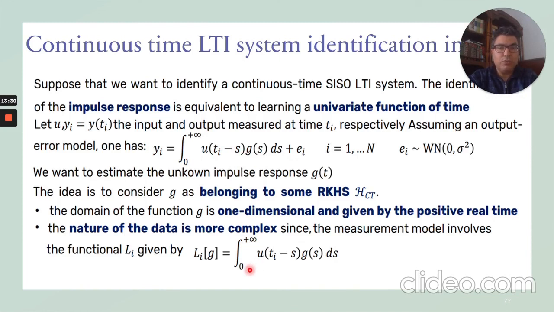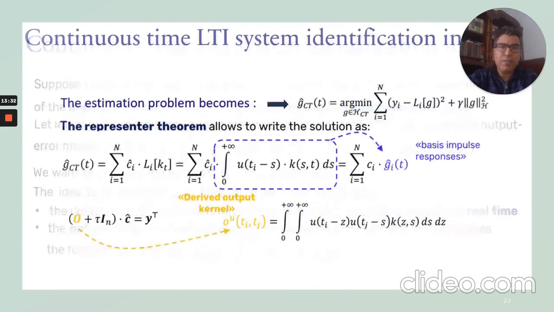So to do that, we're going to use the representer theorem, but instead of using the combination of those coefficients with the kernel, we're going to do a convolution of the kernel, and that's what we have here. So the convolution of the kernel, with the combination with this coefficient Ci, gives us the estimation, and we can define this output kernel that is a double integration for this expression here.